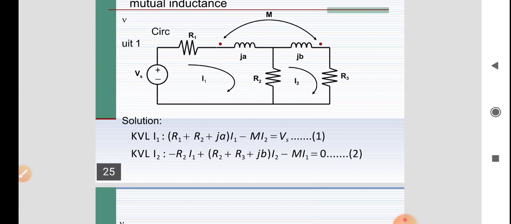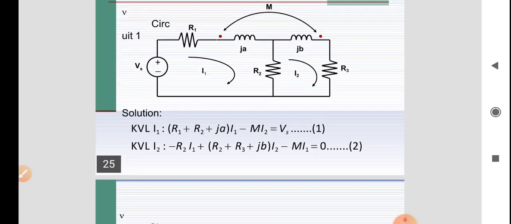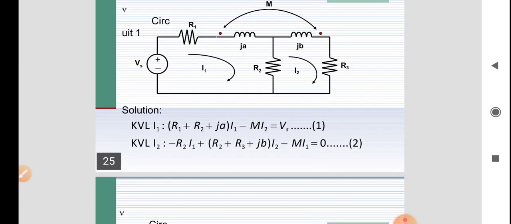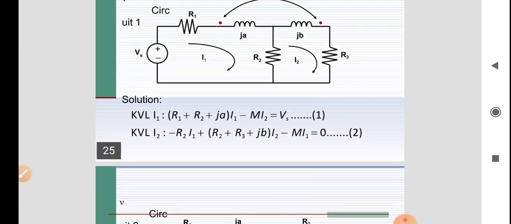Now, as we have seen, it consists of two loops, one with the I1 current and the other with the I2 current. Now let me write the KVL equation for the first loop. Whenever we are writing this KVL, as in BEE, we have studied the direction of current flow from plus to minus, minus to plus. No need to remember all those things, just remember to first write down whatever currents are related to the first loop.